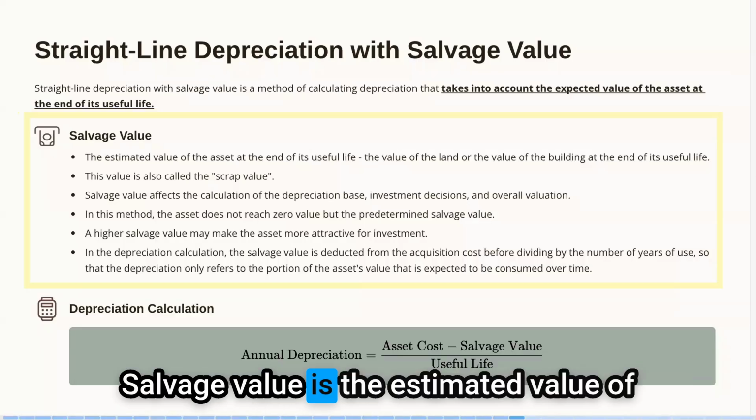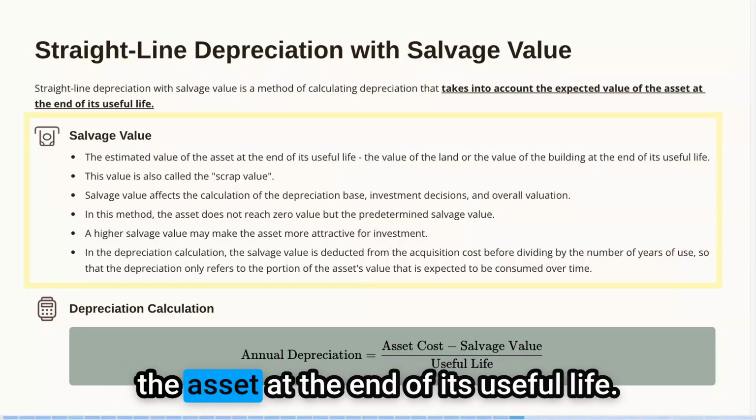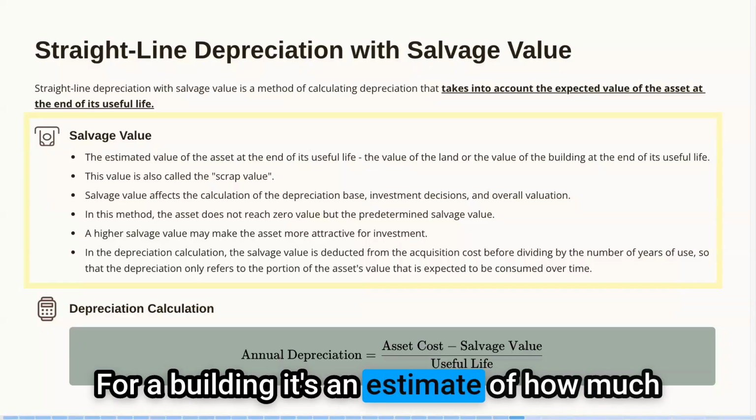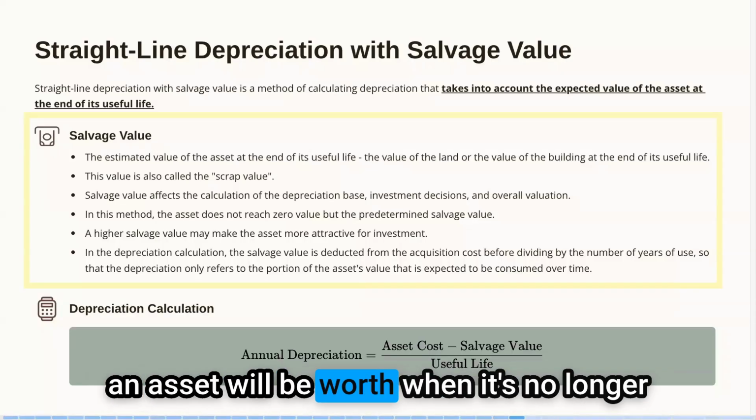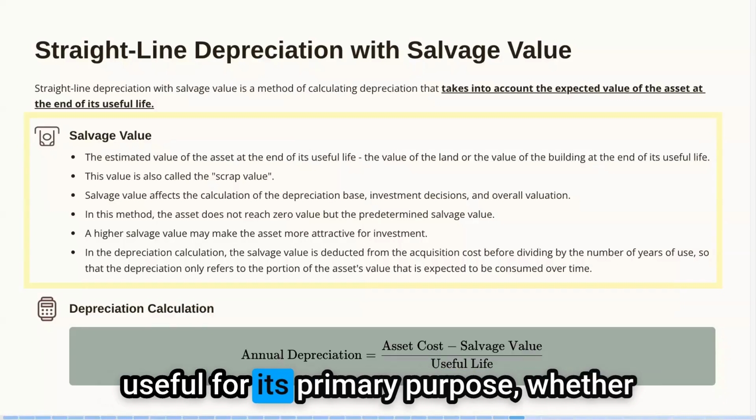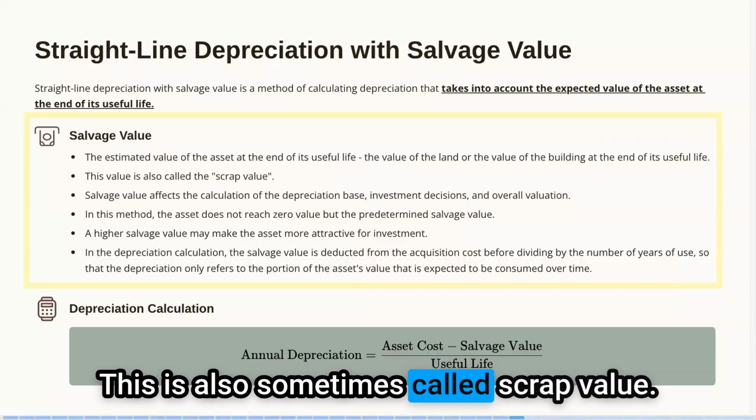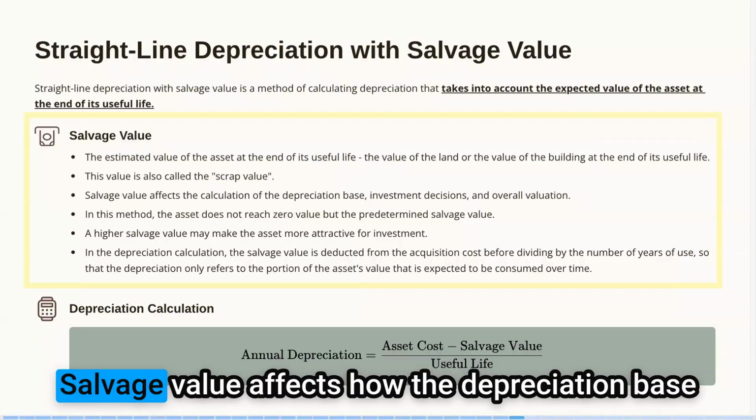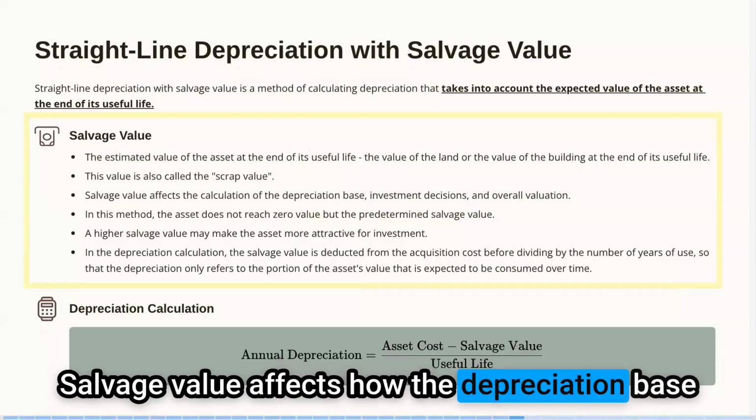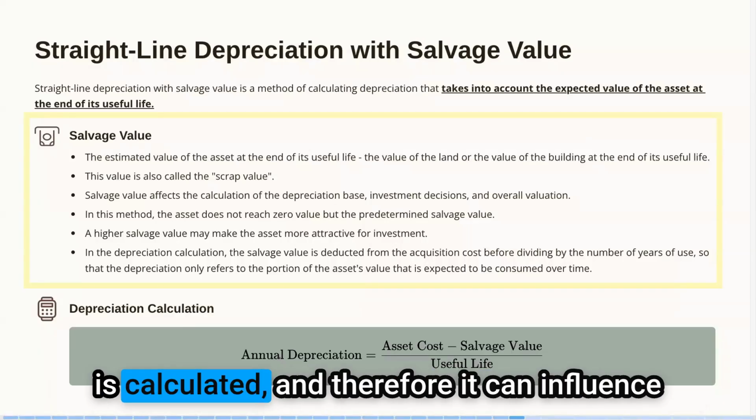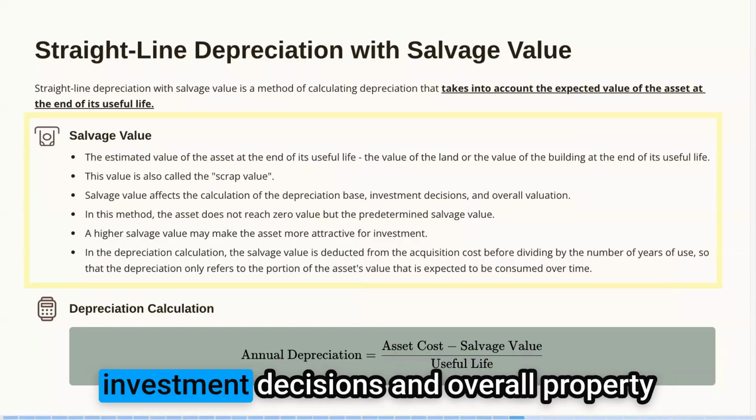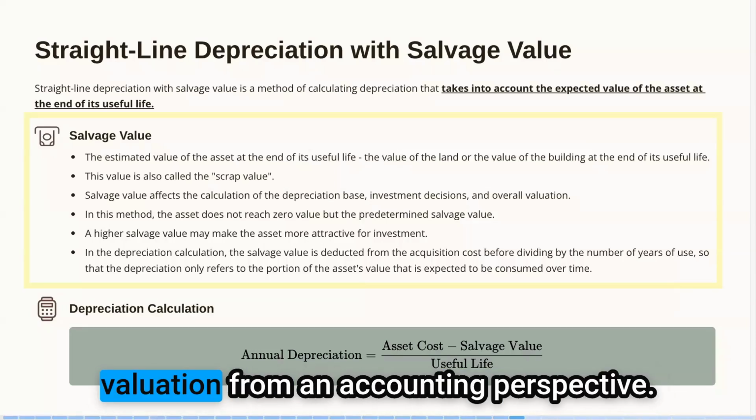Salvage value is the estimated value of the asset at the end of its useful life. For a building, it's an estimate of how much an asset will be worth when it's no longer useful for its primary purpose, whether that means it's scrapped or sold off. This is also sometimes called scrap value. Salvage value affects how the depreciation base is calculated, and therefore it can influence investment decisions and overall property valuation